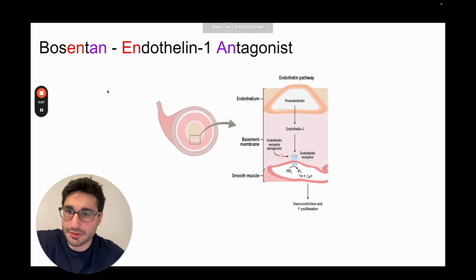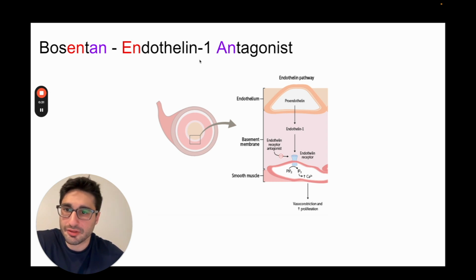In this video, we have a mnemonic to help us remember the mechanism of Bosentan. Bosentan is going to be a drug that gets commonly tested on the USMLE exams, and the mechanism of action is important to remember because it is often tested. So in order to remember the mechanism of Bosentan, use the En in Bosentan to remember that it is going